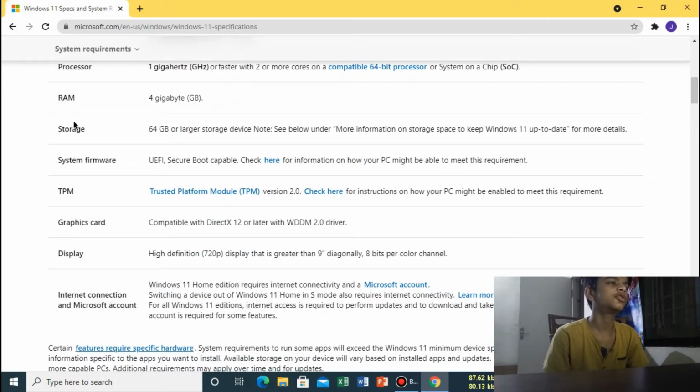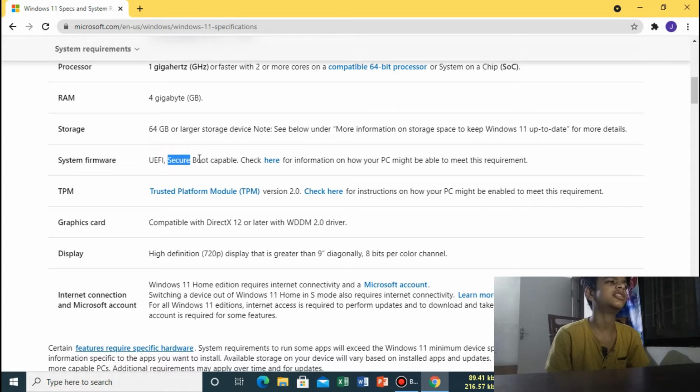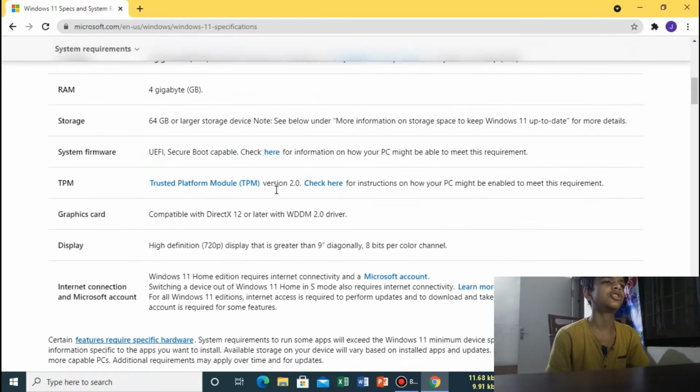The RAM should be at least 4 GB, and storage should be 64 GB or larger. It should also be UEFI capable, meaning secure boot capable, and it also requires TPM version 2.0.